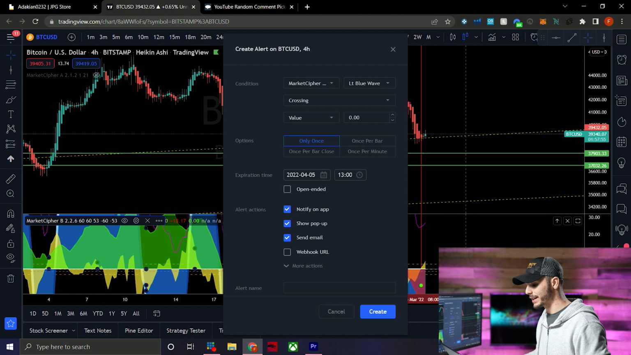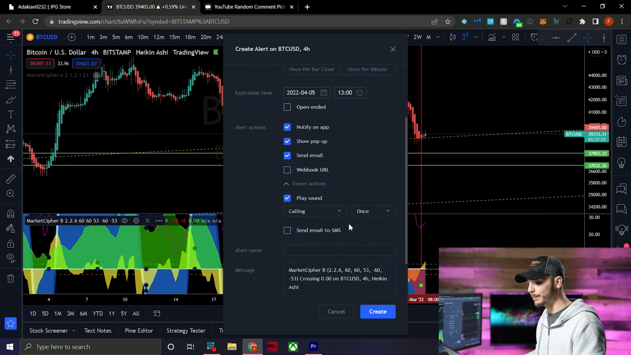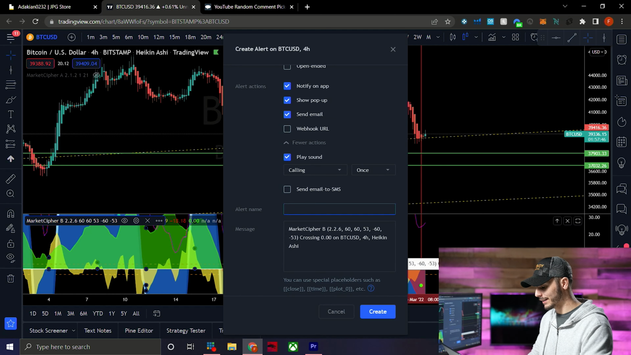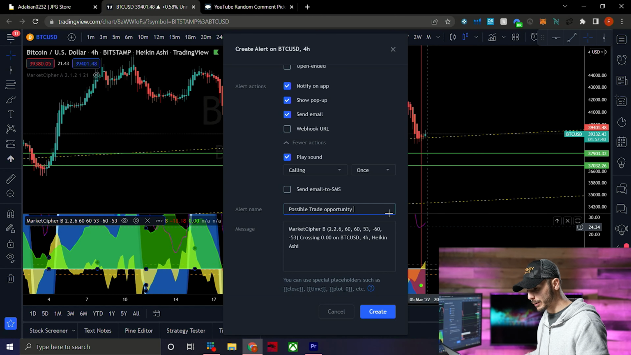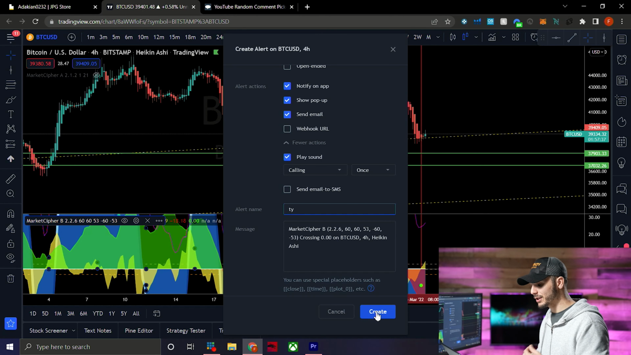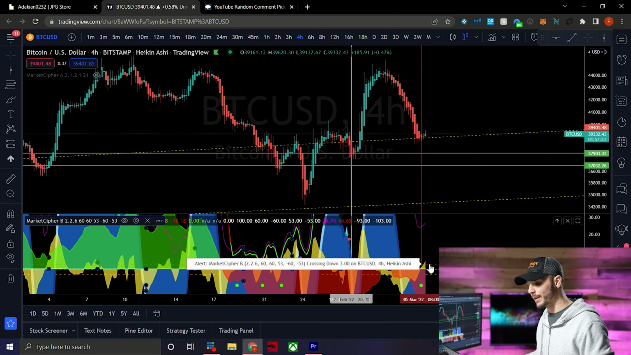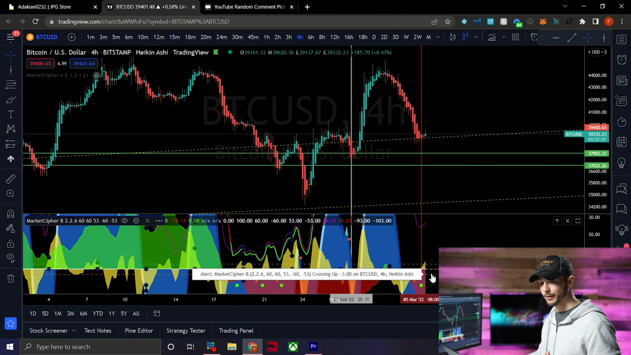So I'm just gonna set one here at the zero line, and then I usually do once per bar, and if you hit more actions, you can change the sound and change the time, and then you could name it like possible trade opportunity, right? So you can put whatever you want here, obviously, but then you would hit create and it will add it there. So next time VWAP crosses over that zero line, you will get notified, and then you can